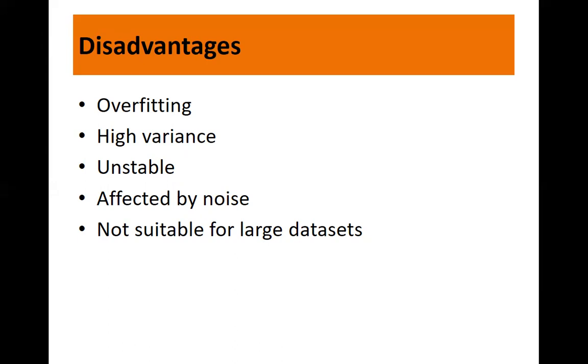Unstable. Now, adding a new data point can lead to regeneration of the overall tree, and all nodes need to be recalculated and recreated. Why? Because again, you have to calculate the splitting attribute values, which attributes should be selected for splitting. Now, it is not suitable for large data sets. If the data size is large, then one single tree may grow complex and lead to overfitting. So instead of using a decision tree for a large data set, we can always go for random forest.